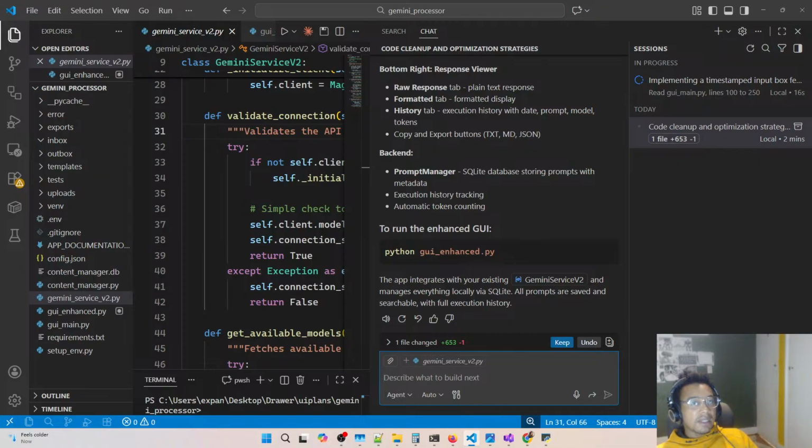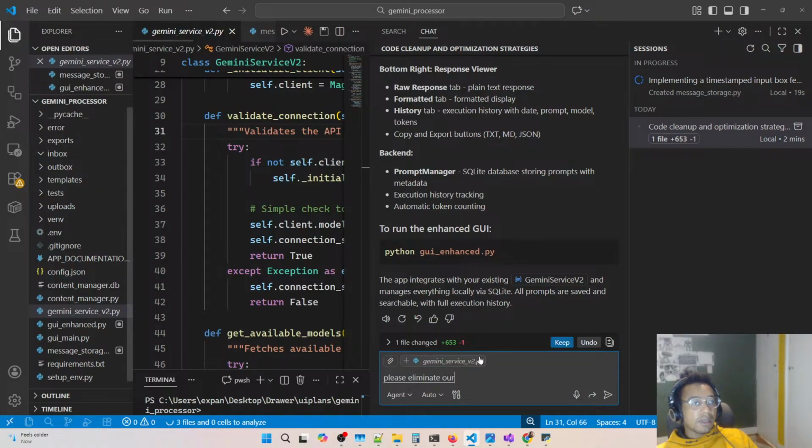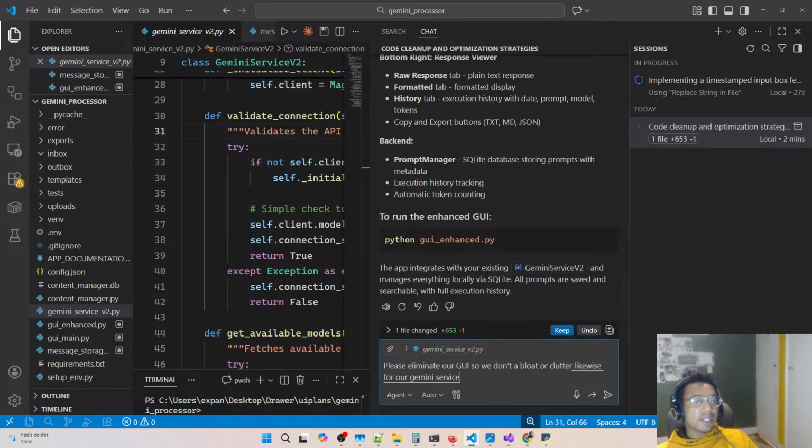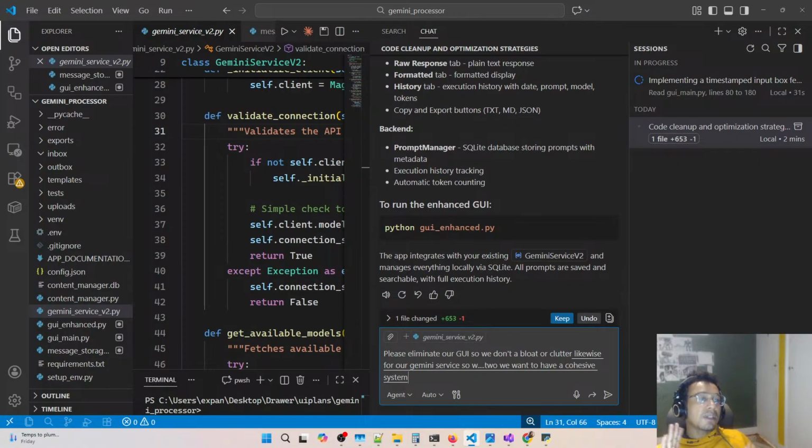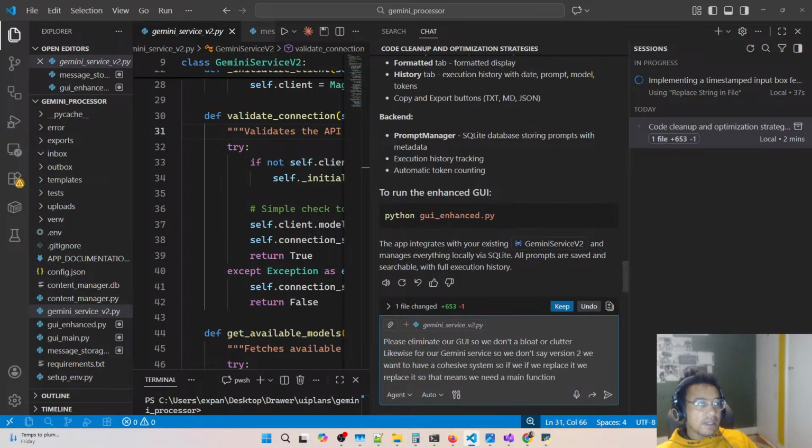Please eliminate our old GUI so we don't have bloat or clutter. Likewise for our Gemini service. So we don't say version 2, we want to have a cohesive system. So if we replace it, we replace it. So that means we need a main function, our GUI main, or not even a GUI main, we need